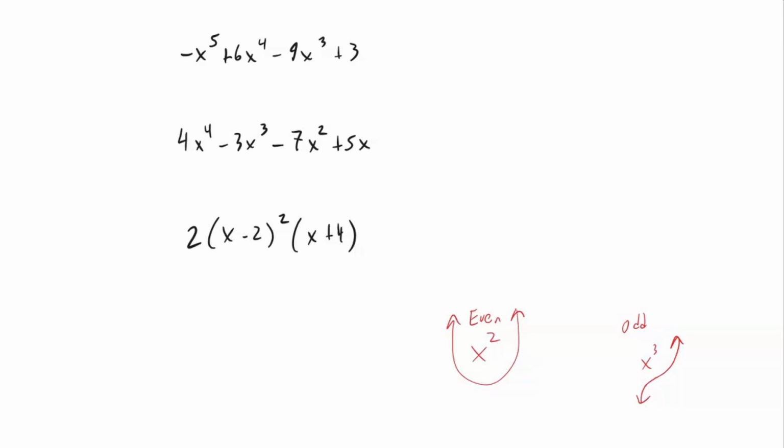For example, for the first one, this is an odd degree and a negative leading coefficient. So if it was an odd degree with a positive, it would have the same behavior as this easy odd example down here, but it's going to reflect and this is going to flip. So instead of left going down, right going up,